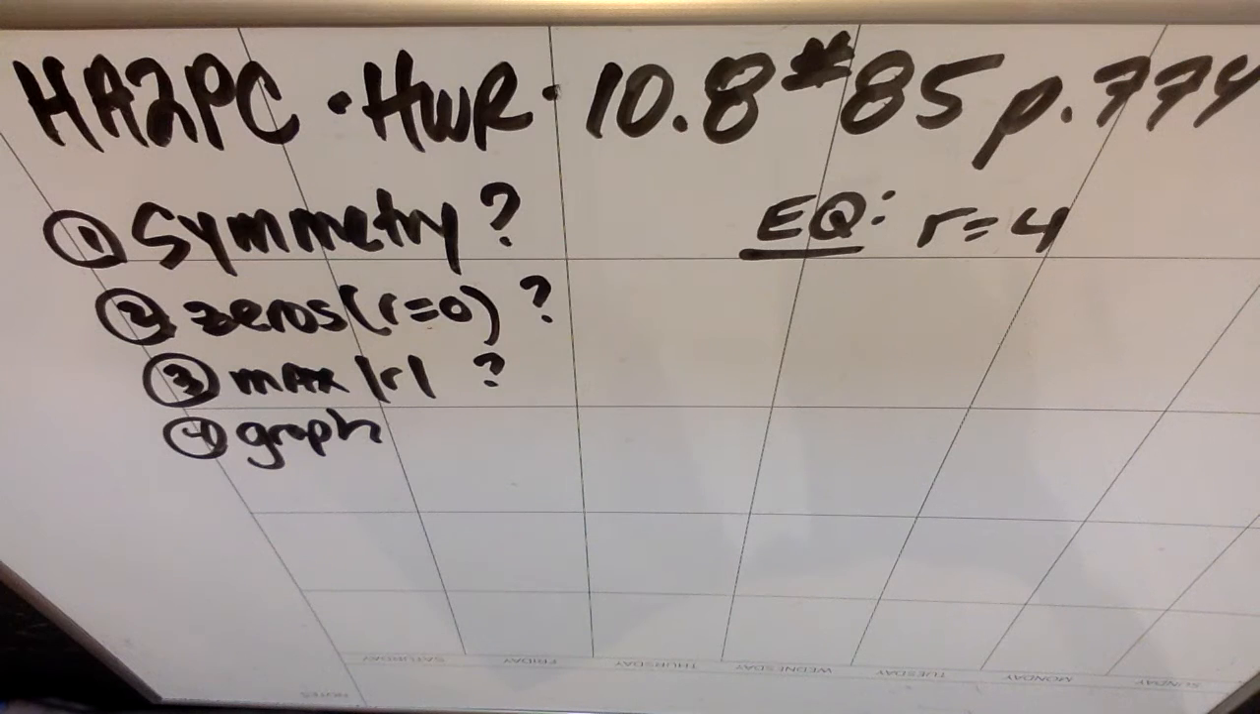This is Honors Algebra 2 Pre-Calculus. We're doing homework review in section 10.8, number 85 on page 774. So we are given the equation r equals 4, and we are supposed to take that polar equation and do